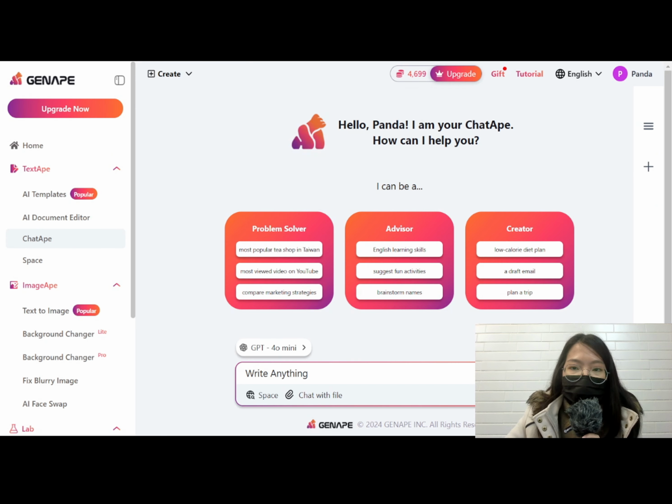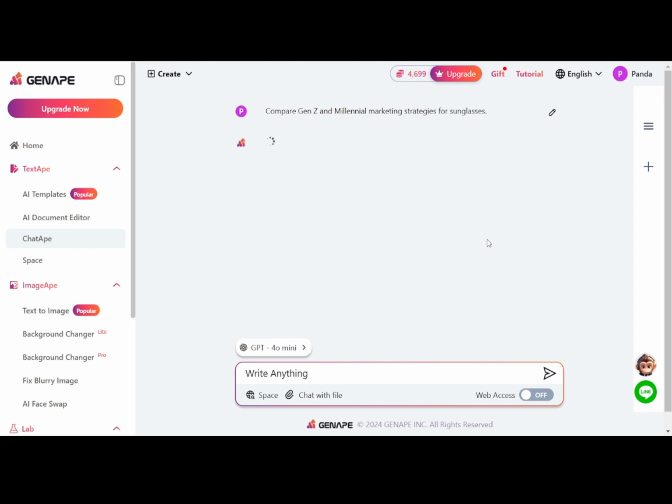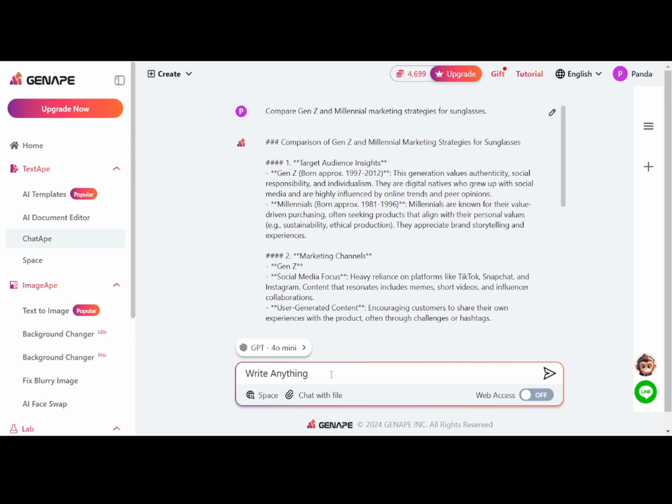You've already learned about our unique text tool, so let's spice things up a bit and introduce you to something that's likely not entirely unfamiliar, ChatApp. Using ChatApp is just like using ChatGPT. Through a conversational approach, you can ask AI any question you like. You can either click the shortcuts we provide to start a conversation or start a conversation directly in the input